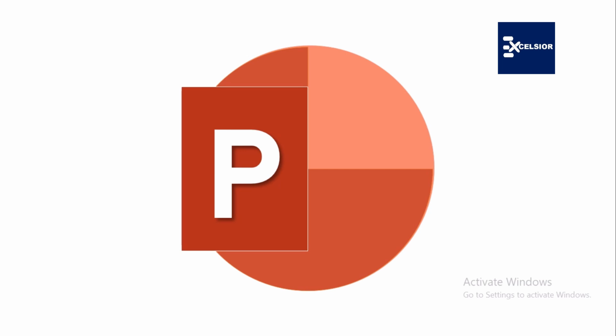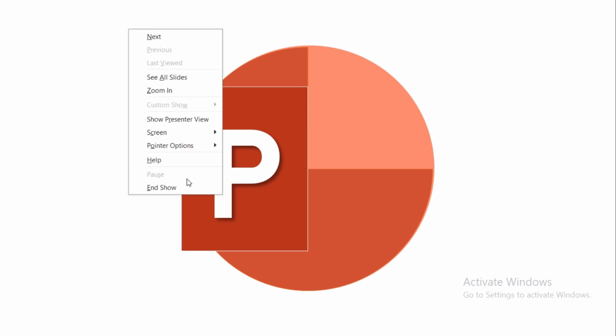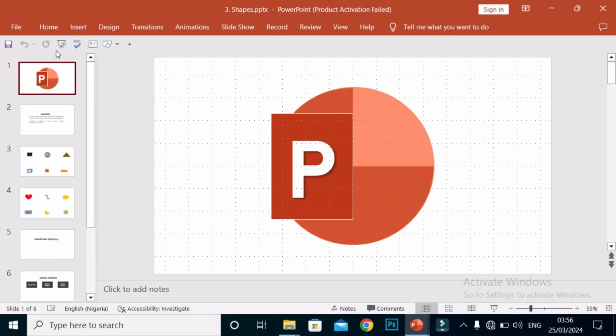And so before I delve into teaching about shapes, I think I will have to do a little explanation of